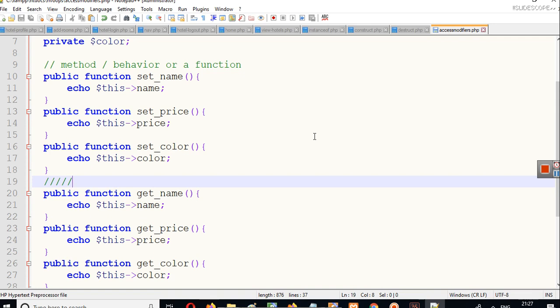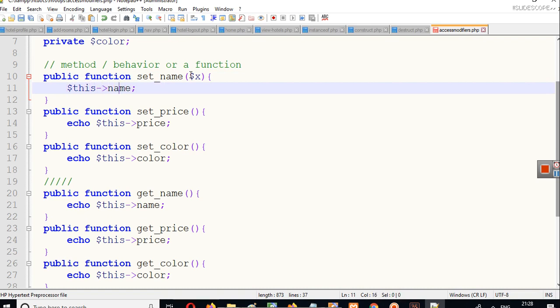the values. For setting the values we have to use some attributes also. This attribute can be anything, like let's say $x. So you just have to write this name is equal to this attribute here, whatever attribute will be provided at the time of accessing this function.